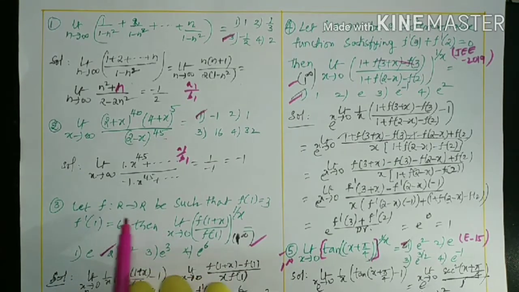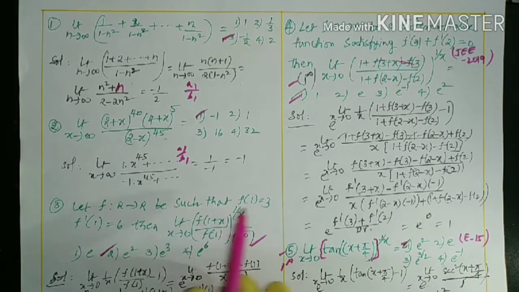Here no need to worry about this data. This data is given for the definition of the given function. But what are these two values you have to consider: f(1) is equal to 3, f dash 1 is equal to 6. We can use them at the end of the solution. How can you simplify this? First of all, look at this question. Limit of f of (1 plus x). You know, x is 0 means what? 1 plus 0 is 1. f of 1 by f of 1 is 1. 1 by 0 is infinity, which means it is in the form of 1 power infinity.